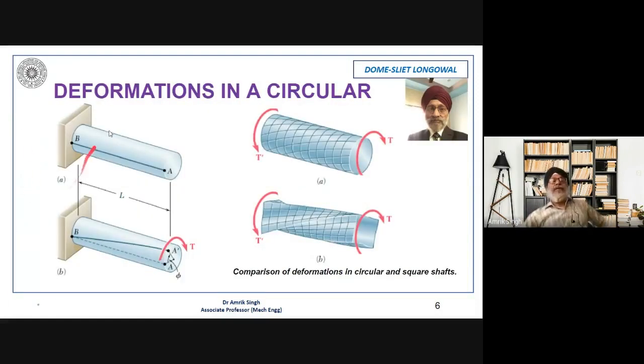Now you can see here pictorially how things change. This is a cantilever beam or a bar which is fixed at one end. When we apply the torque, point B remains at the same place, and point A shifts to A dash, producing an angular deformation phi. So this way, you see how the stress element gets distorted.